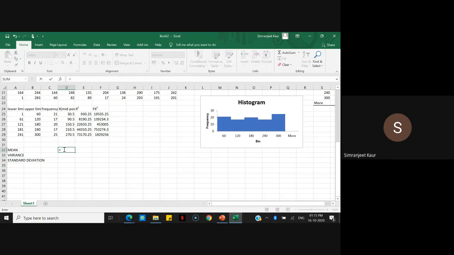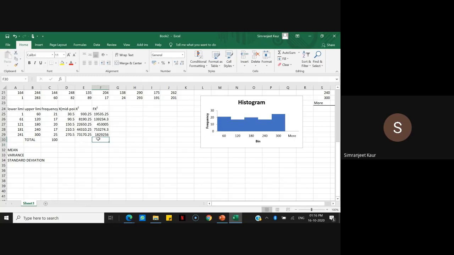So let's start with the mean. The formula of mean is sigma fx by sigma f, right? So that means I need to just escape out of this formula, press escape, and first we'll calculate the total values. So I need sigma f. So sum of, bracket start, all these frequencies. So 100. That verifies that our frequency is correct.